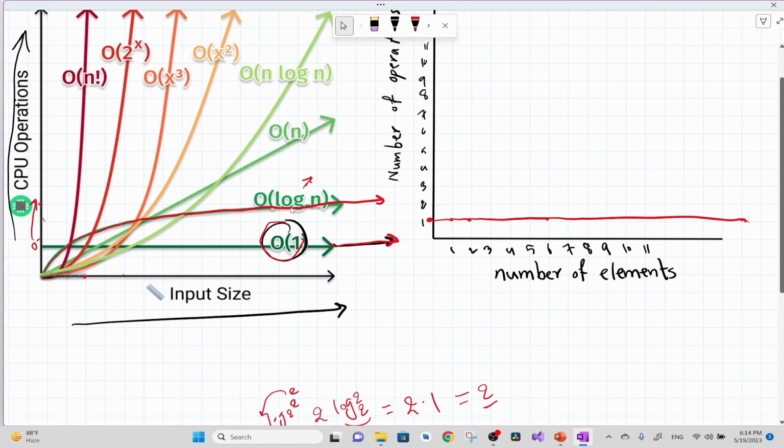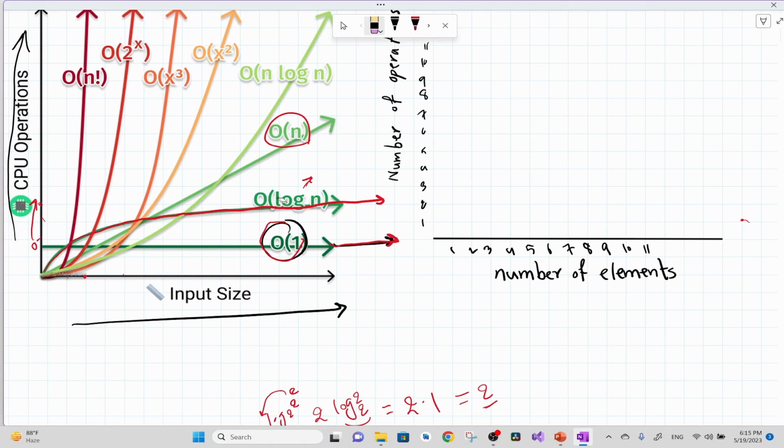Then we have linear time complexity or big O of n time complexity. The running time of an algorithm with linear time complexity increases linearly with the size of the input data set. As the input size doubles, the running time of the algorithm also doubles. If we take a look at the graph of a linear time complexity,